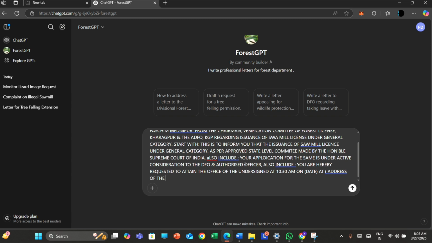Whatever is the address of your undersigned according to your division, you can input over here, with relevant documents in support of your claim.